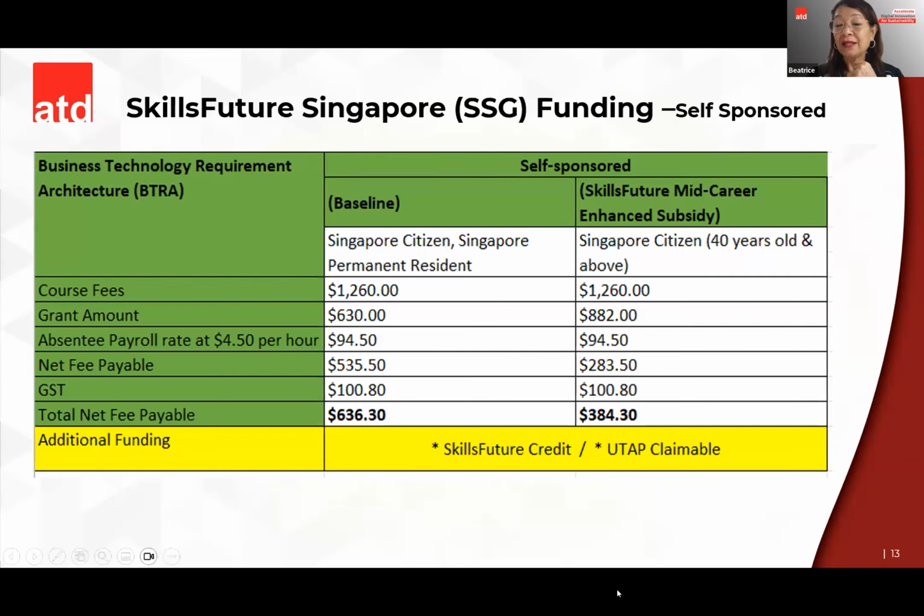Yeah, and also if you are an NTUC member, it is also UTAP claimable. So there is up to like $500 given to individuals who are NTUC members, where you can actually claim 50% of the $500. Yeah. Any questions on the